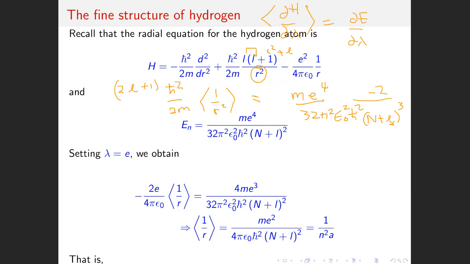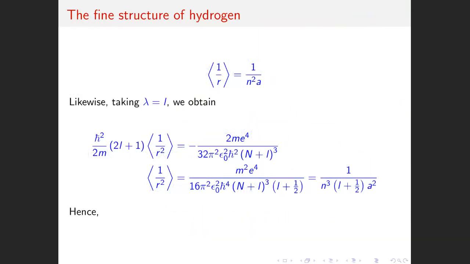And then you can simplify because all the other parameters are known. Then write everything in terms of the Bohr radius, which is 4π ε₀ ħ² over me². Right. So we find that in this case, and another thing, just for simplification,